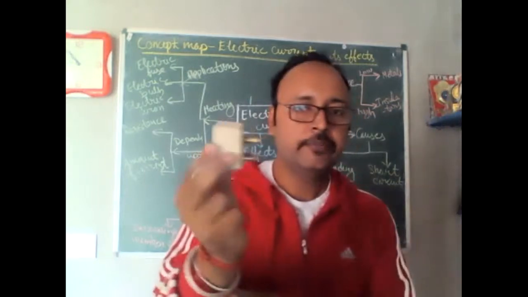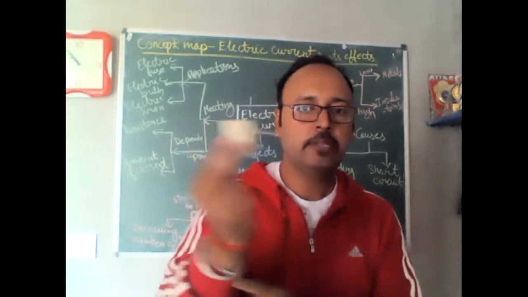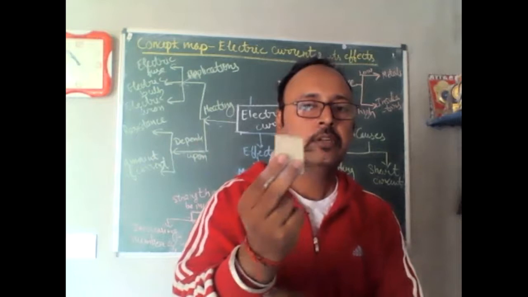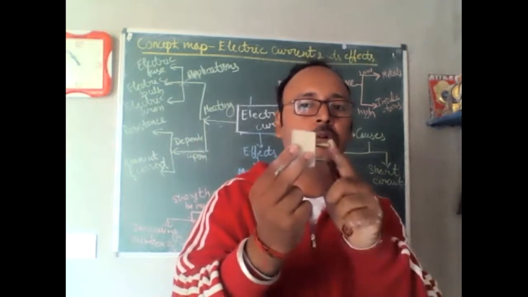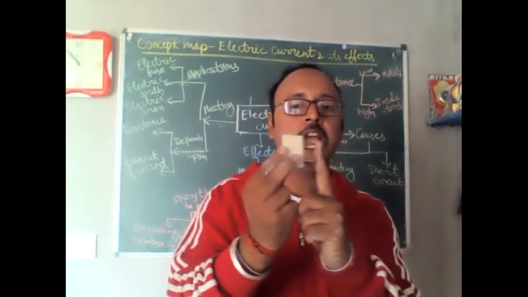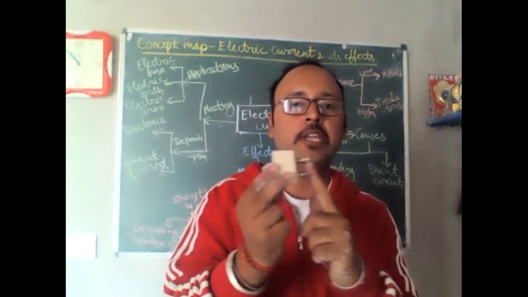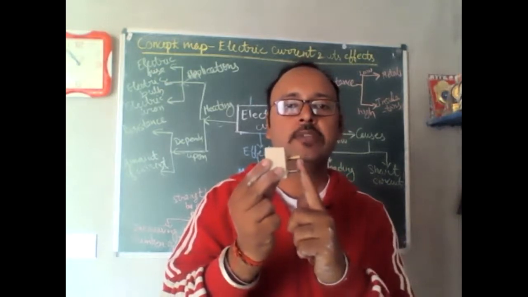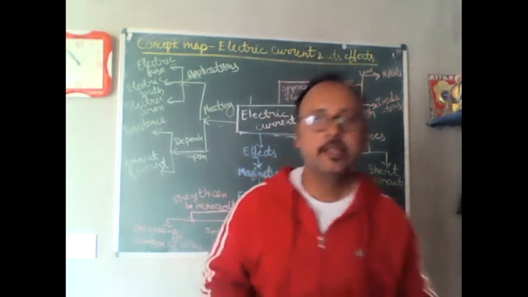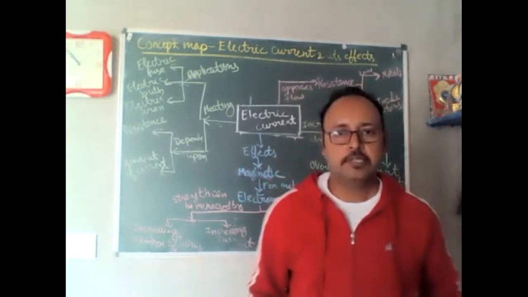Watch it again. You can see this pin. Just check this pin, right? That pin is longer than these two. You can see if I put up my finger, there is a gap. I am not able to touch the downward pins. If I touch the downward pin, then I can turn my finger like this. So this much difference is there. That is the reason, to save our electrical appliances, right?